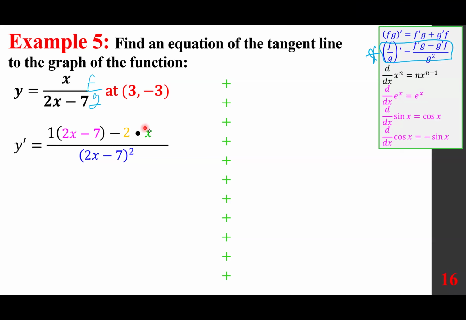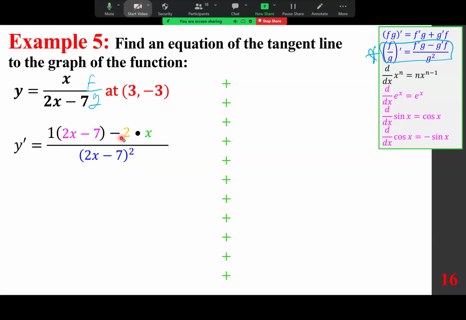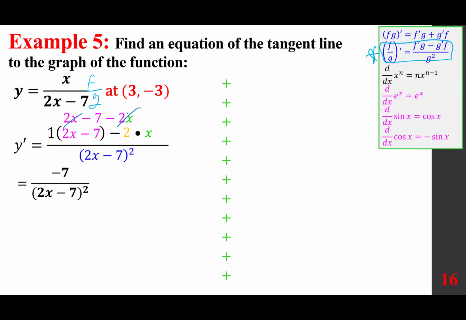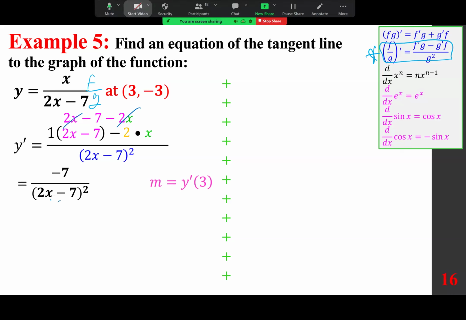So all we have to do is simplify the numerator by distributing. We get 2x minus 7 minus 2x. 2x and minus 2x cancel each other. And this is y prime, but this is not the slope. When we evaluate it at the x coordinate, number 3, we get the slope. So if I plug in number 3 here,